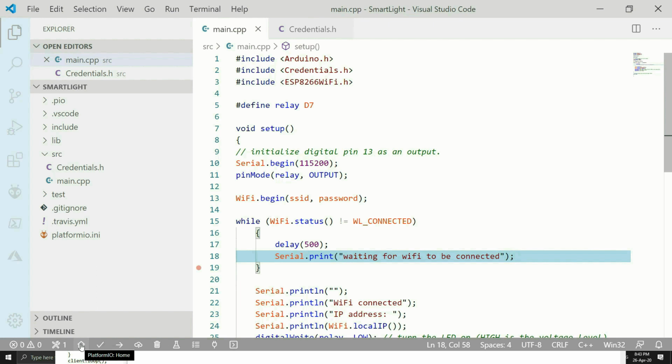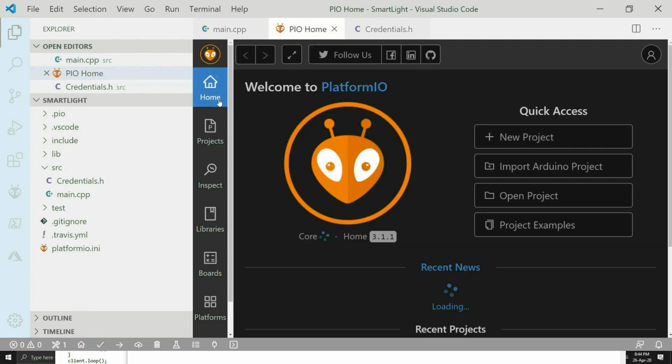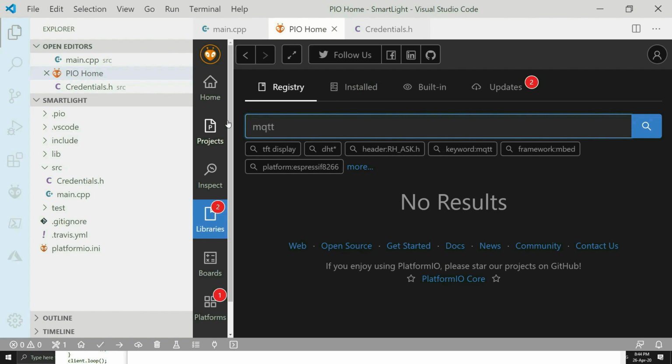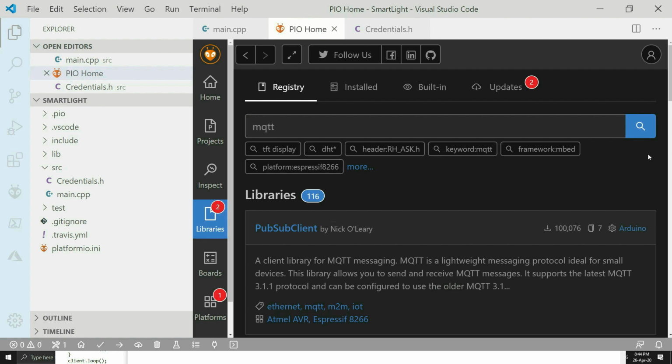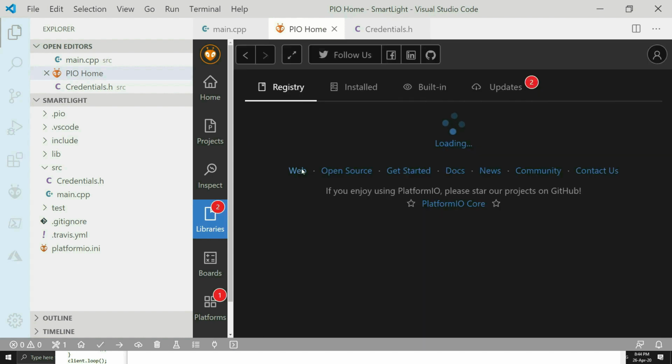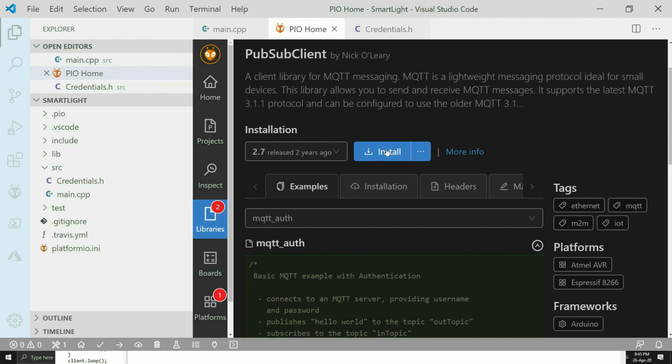At the bottom, click on PlatformIO Home. Right here under the menus, click on Libraries and search for MQTT. Here you will get PubSubClient by Nick. Click this. Do not click on the install button.